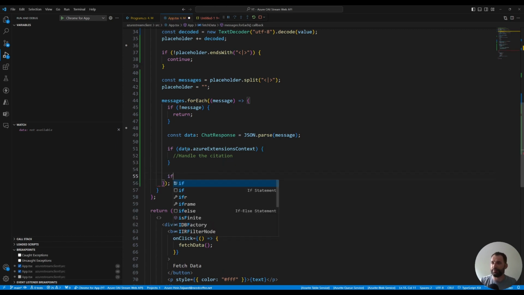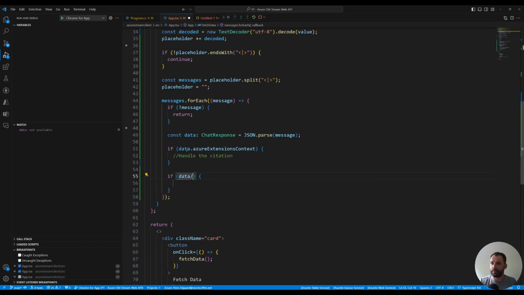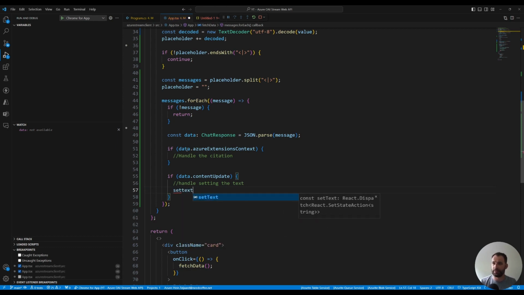And then if the data.content update, then I can go and handle setting the text. Right, this is the easier one. We're going to just say set text, which is just our state object that we set above, but we don't want to just replace it. We want to go previous